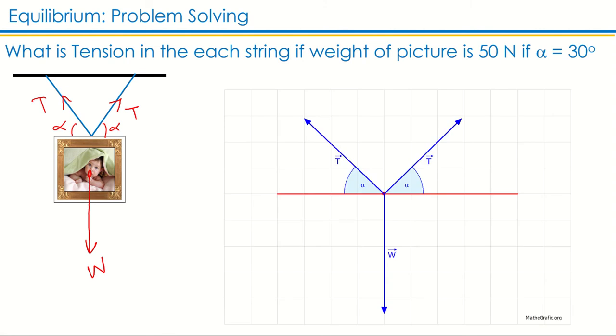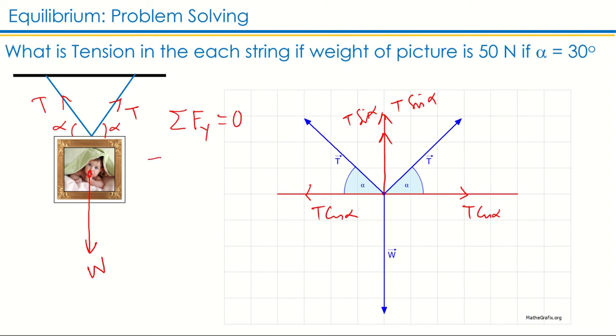Now you draw the free body force diagram, you can see, and now the tension could be resolved into components. This is T cosine alpha and T sine alpha. Similarly for the other T, T cosine alpha and T sine alpha. Now the sum of the forces in the vertical direction must be equal to 0. So I don't need to take the sum of the forces in the x direction because there is only one unknown and one equation is just enough